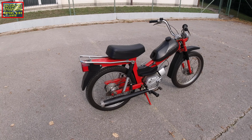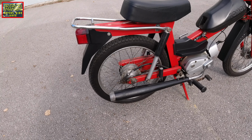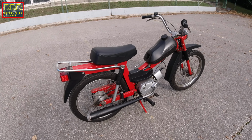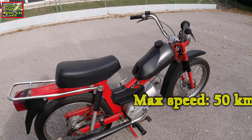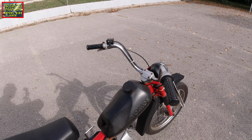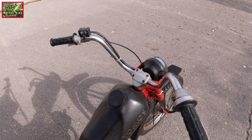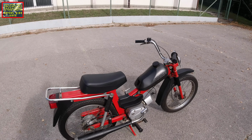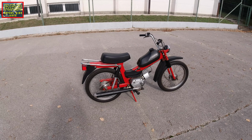This is the complete stock color, and the exhaust is also stock, as you can see, guys. It has a 50cc 2-stroke air-cooled engine that produces 2 and a half horsepower, and here you can see that this model was without mirrors and also without the speedo, so only the crucial things to ride it were available on this model, and this is among the first models of APN 6 from